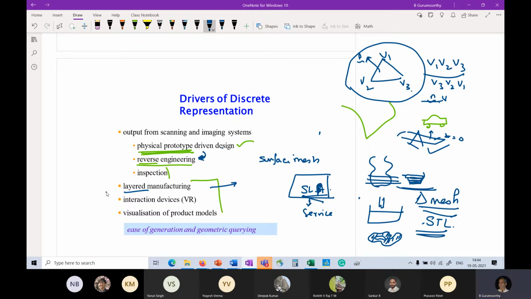Now there are these other fields, right, of digital art, and this is called virtual reality, where again, the triangle became a popular representation. Now, the reason why in these two cases the triangle became a very popular representation is again for obvious reasons.